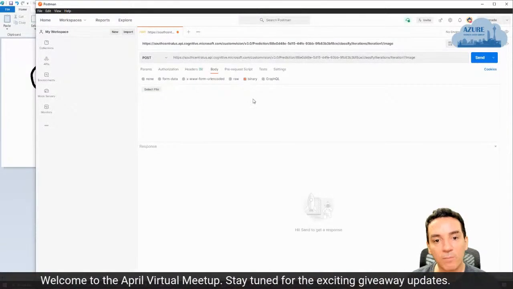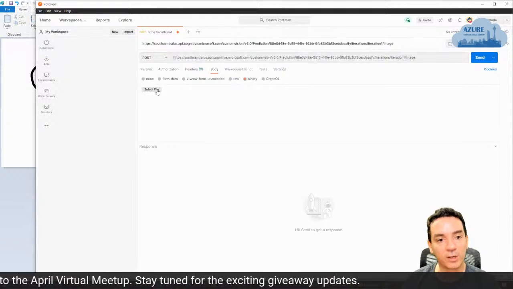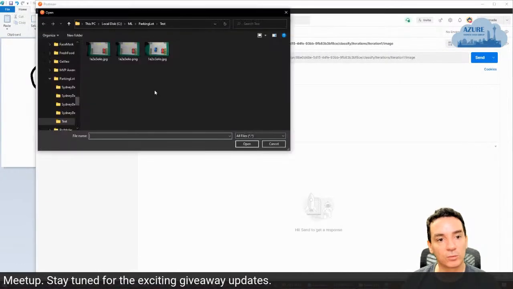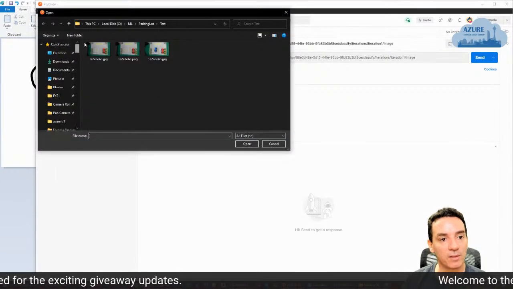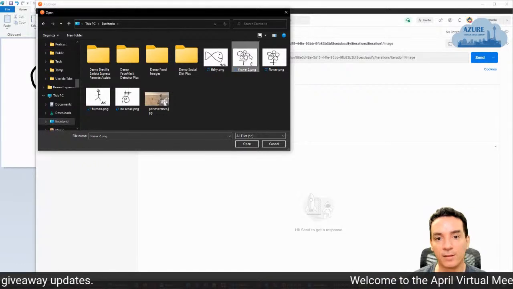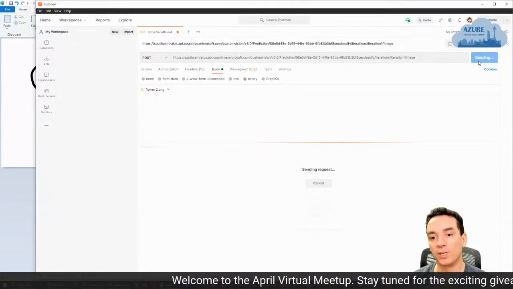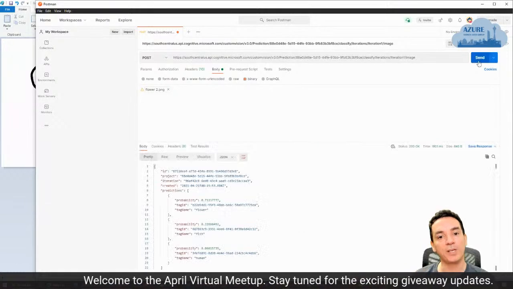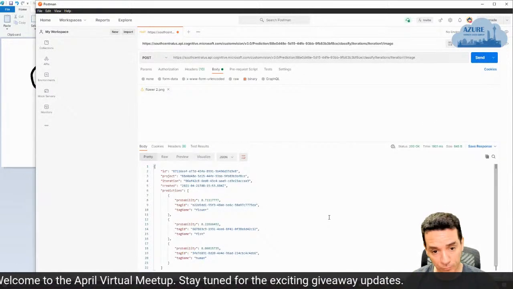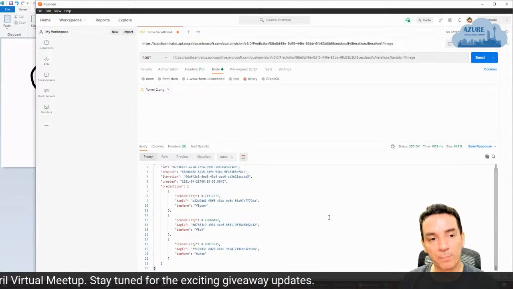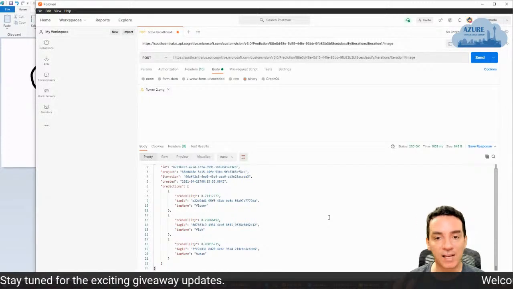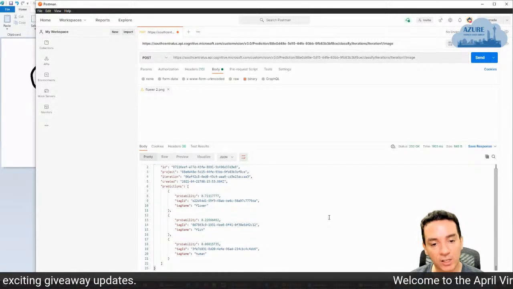So here in my body, I will select this flower, I will select the flower number 2. Let me go back here to my desktop. This is the flower number 2, I will open this, and I will post this. So this is going to post this to my public endpoint that is just created, and I will have this result.